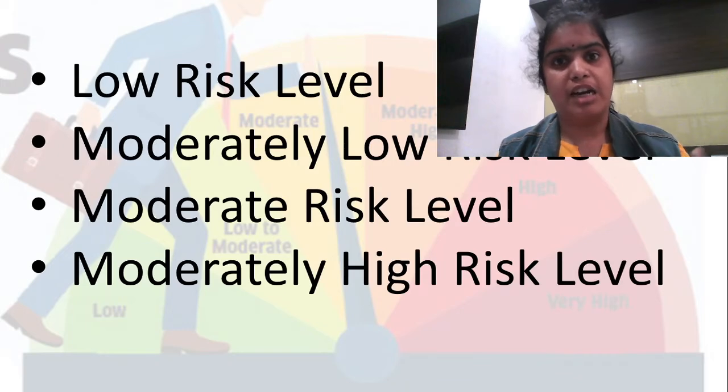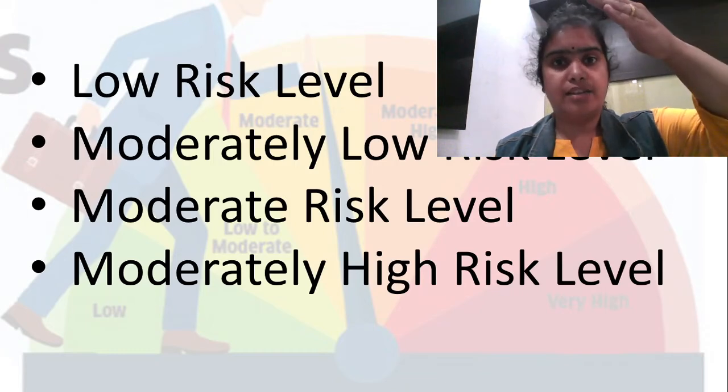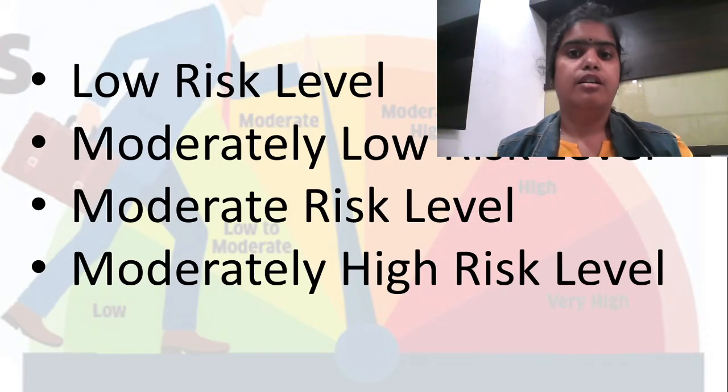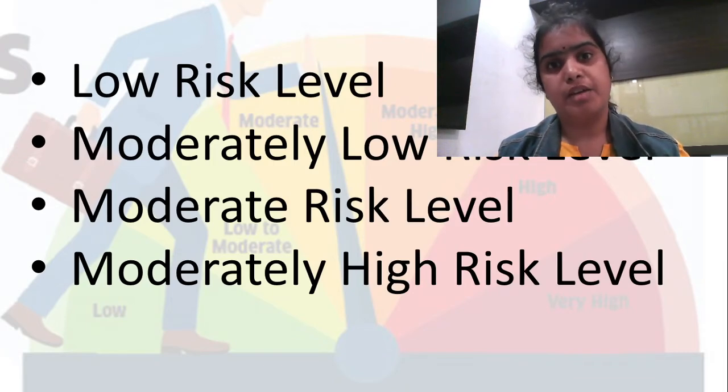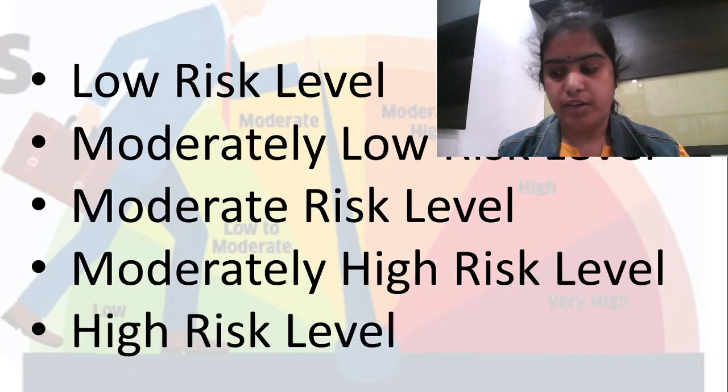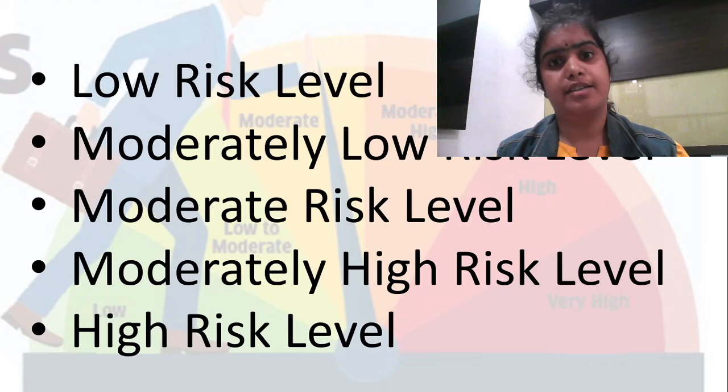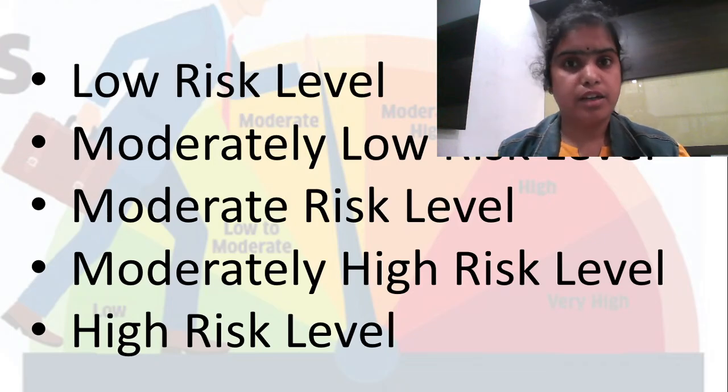Then moderately high risk level, where we can say blue chip funds or funds which are large cap funds. This is again not a tip, but it is a moderately high risk level. It is equity, but as they are large cap, meaning bigger market cap, fluctuations will be lesser. Then the high risk level. These are the funds where the highest risk is involved. We can say sectoral funds or sector funds have a high risk level.